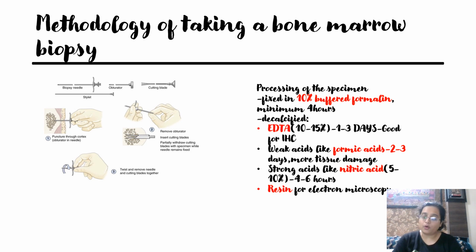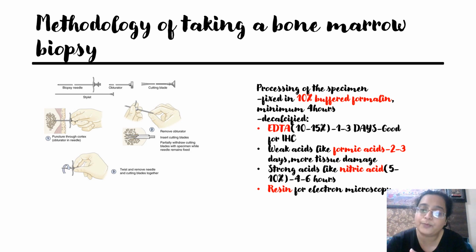Except for the fact that a bone marrow biopsy has to undergo a process known as decalcification before we can put it into the normal routine automated or semi-automated processor or the manual processing that you do. The reason behind that is that it is a bone piece. The bone marrow, part of it is the bony cortex and part of it is the marrow. That bony cortex is extremely hard. So if you put that from the formalin directly into the automated processor, your tissue will not come out as you want it on the blade.